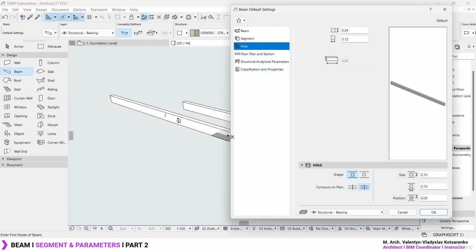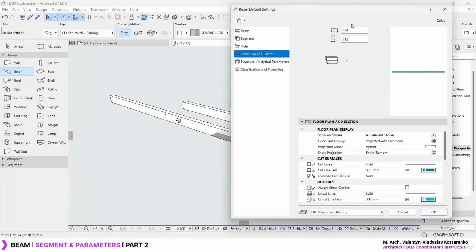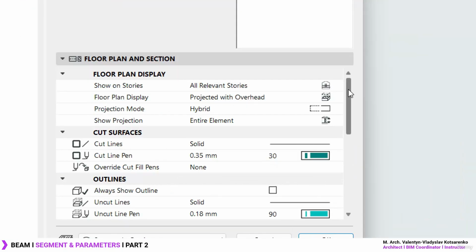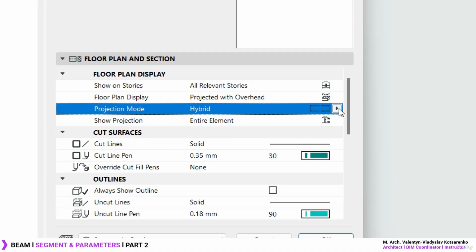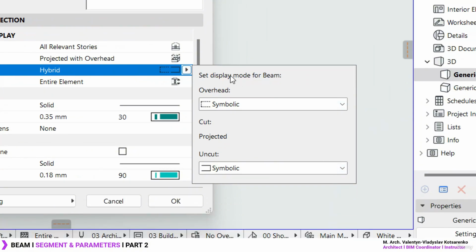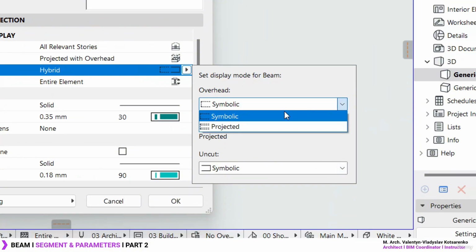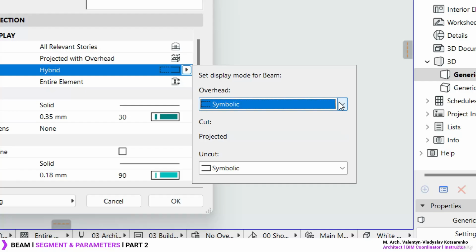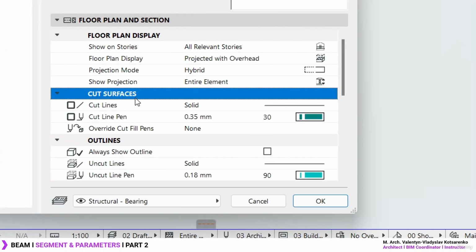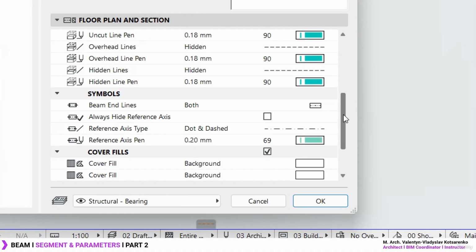Okay, and finally but not least, you also have the floor plan and section options, which are pretty much the same as with all the different elements. Maybe you have an extra parameter over here, which is the type of projection, whether for the overhead, whether you want to display it as a symbolic or projected element, and for the uncut part, whether it's going to be symbolic or projected. As always, you have the cut surface, outlines,